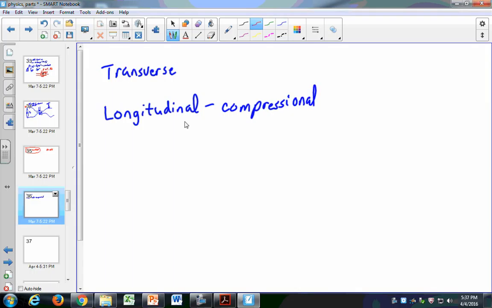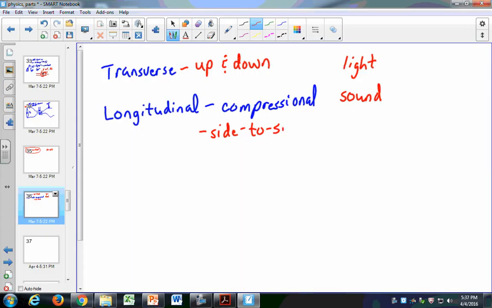Transverse waves, we treat light like a transverse wave. It's a little more complicated than that, but not much more. It's a transverse wave where the medium goes up and down. And longitudinal waves very much are sound waves. Sound waves have pressures, they have compressions and rarefactions in the medium, the atmosphere, the sound, or whatever. Transverse waves, again, up and down, like a wave at your stadium. Longitudinal, side to side. It's like the hug wave, I think of.